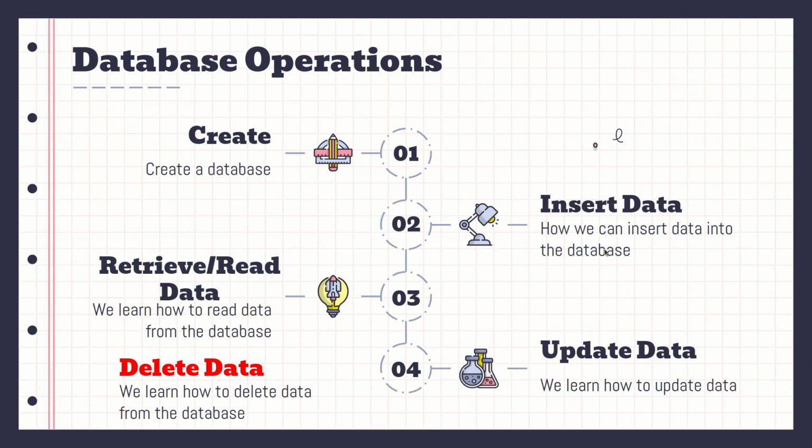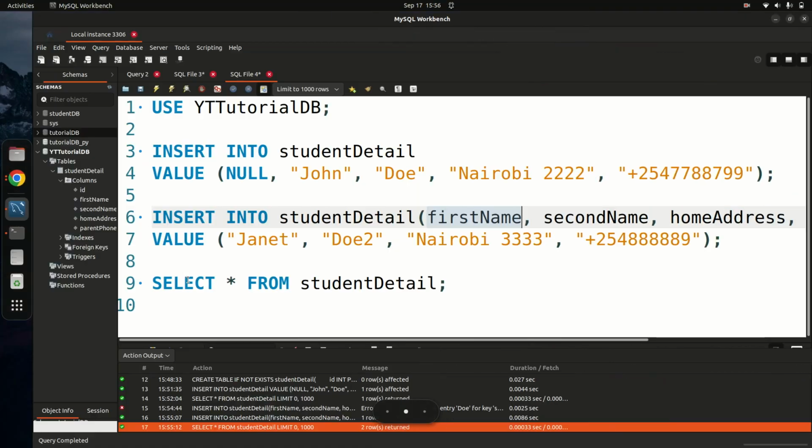You also learned how to retrieve data. If I go back in here, you can see we're saying select star from student, where the asterisk stands for all rows. So select all rows from the student detail, and that's what that basically means. If I execute this part of the code, it is going to select all the rows from the student